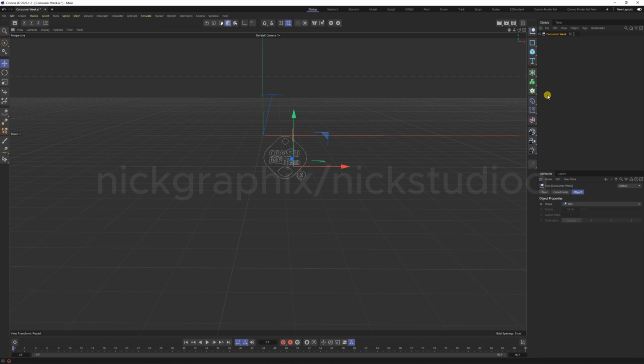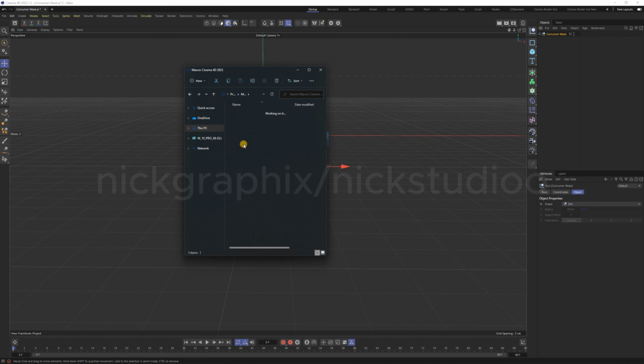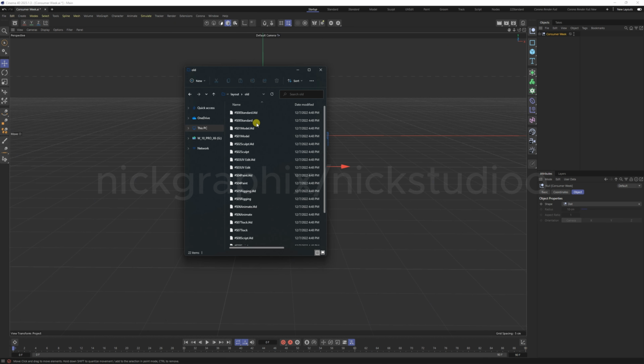After you install this current version, go to Windows, then Program Files, then Cinema 4D, and go to the library, and then the layouts. You see the old and the new. That's the layout, the interface here. You can come here, that's the old interface, and then you can just copy